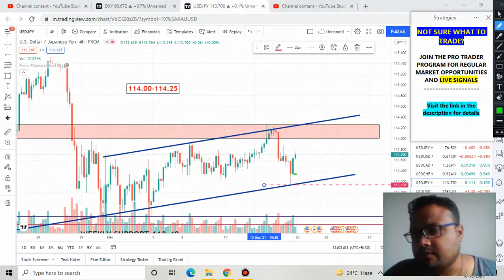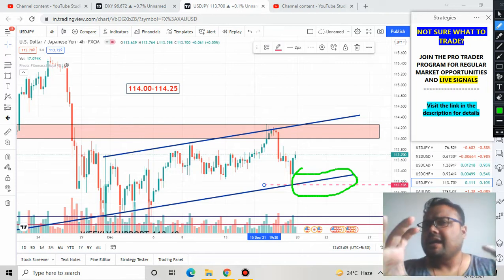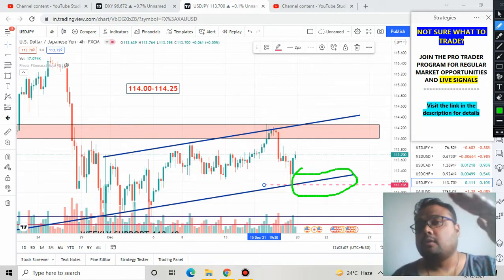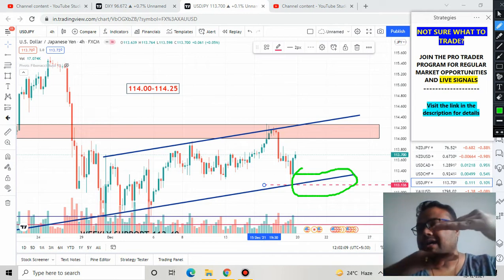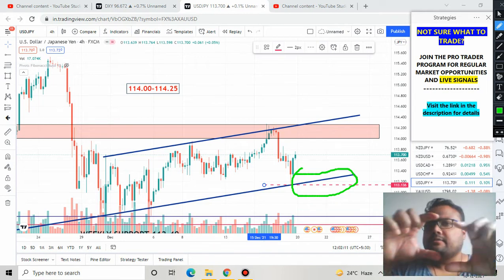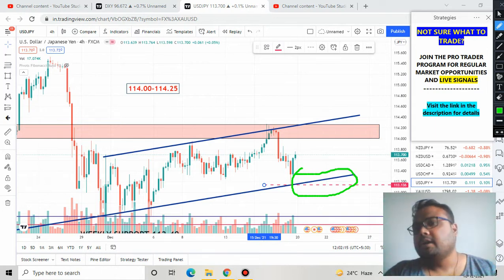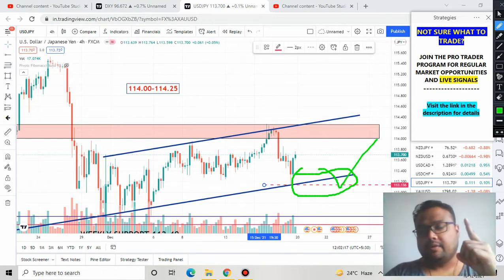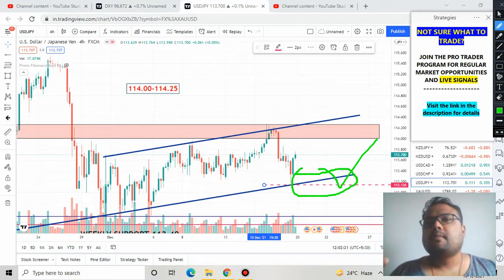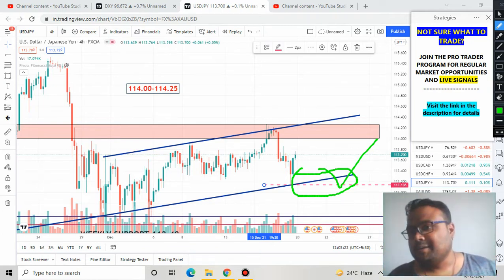And if you just observe this particular portion of the chart, we can see that we have a support zone here in the form of the trend line plus the horizontal support. So this too makes it a very compact zone of support here. So we have a possibility of the market bouncing from this particular level. Clear? And in case there is heavy selling on the market, a free fall in the market,